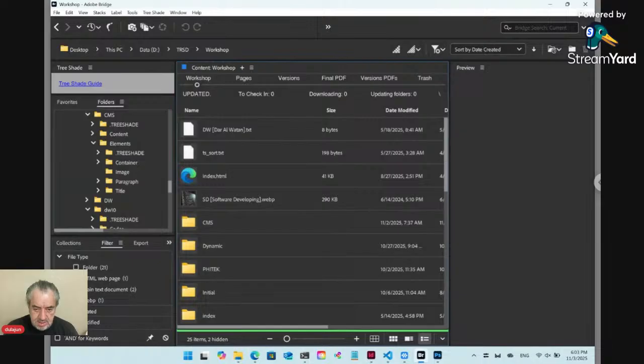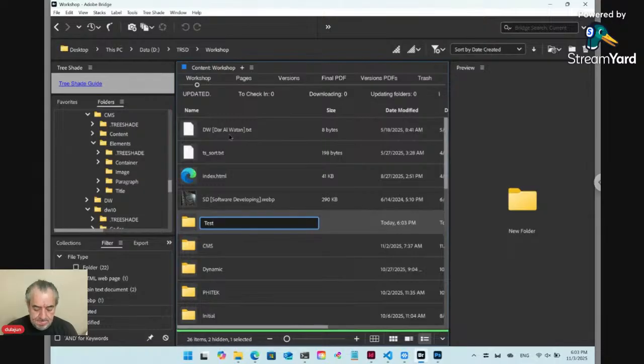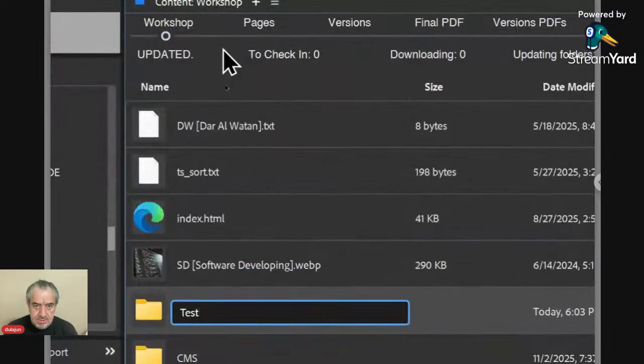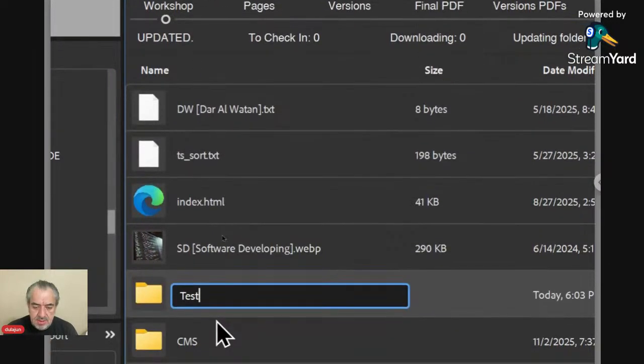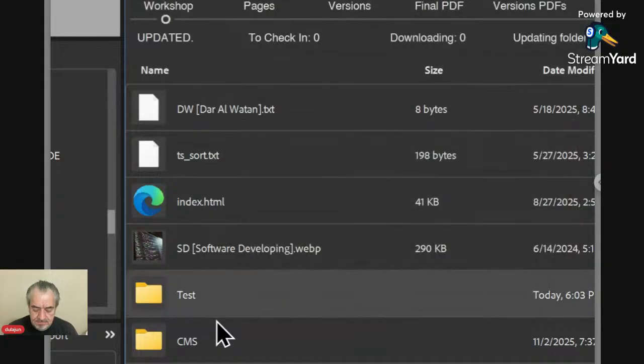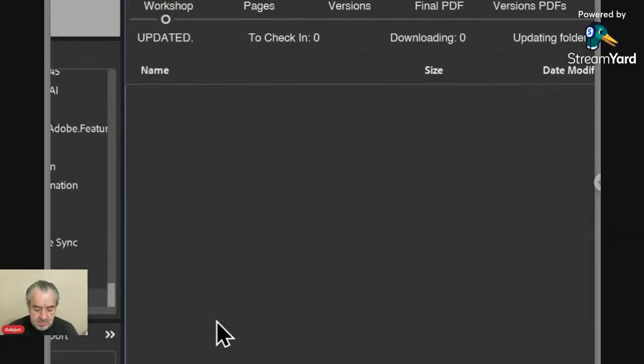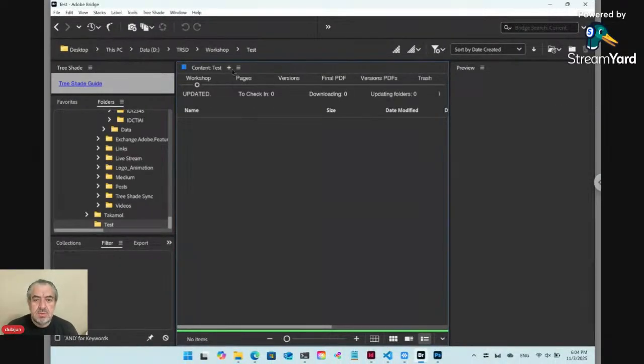At first, let's create a folder inside Workshop. So inside the Workshop folder, in the root folder, TRST, that TreeShade will ask you to create. Inside Workshop, I have created test. Okay. Now inside test, let's create